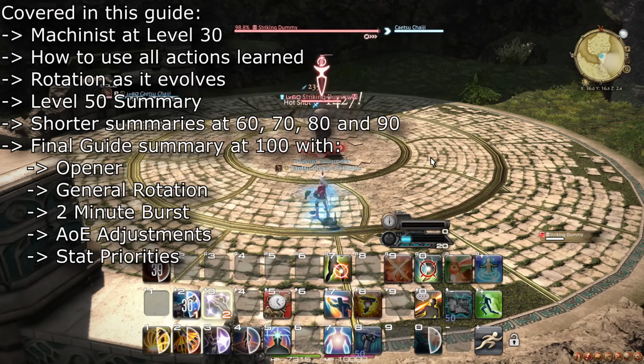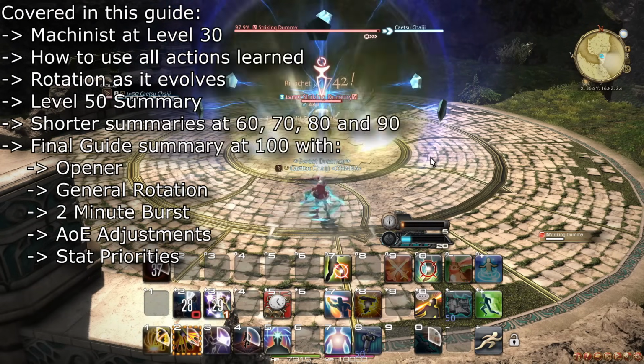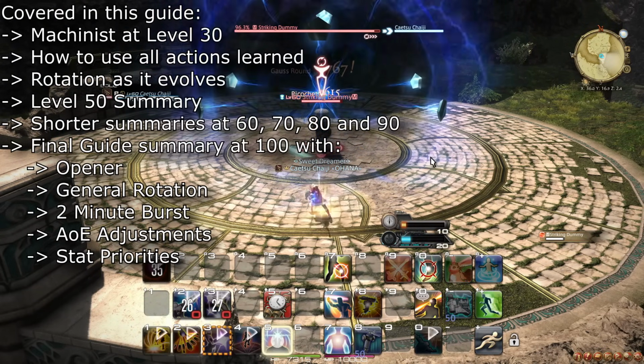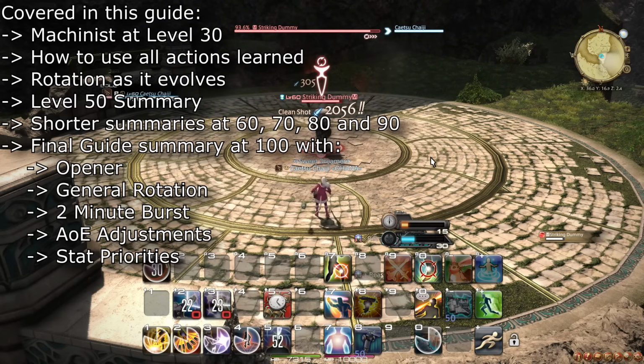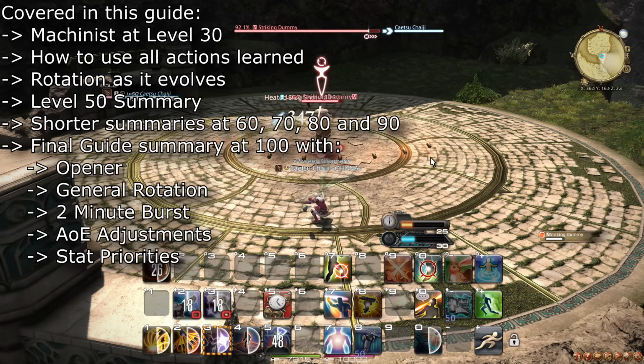This guide covers all the actions Dawntrail's Machinist learns from level 30 to 100, in order. We go over how each action is meant to be used and recommend ways to use it when relevant. We start with a tutorial on how to play Machinist at level 30, and then as we work our way